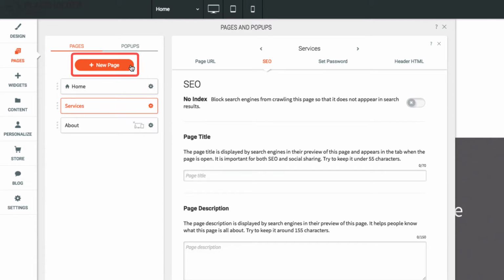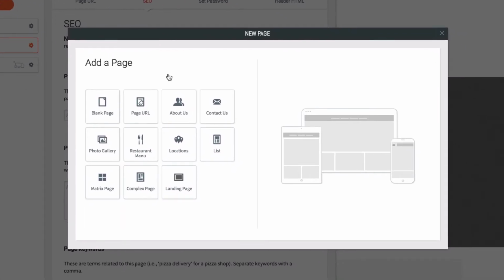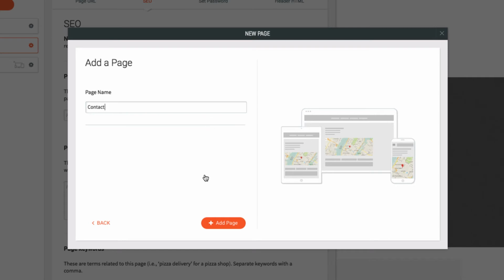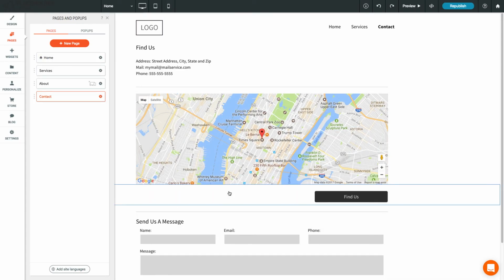To add a new page, click the New Page button at the top of the Pages section. You can choose to add one of our pre-made page templates, link to an external URL, or just create a blank page. We're going to add a pre-made page, so I'll choose a Contact Us page. A new page is created with the widgets I need already added. Now it's ready to add your own info and